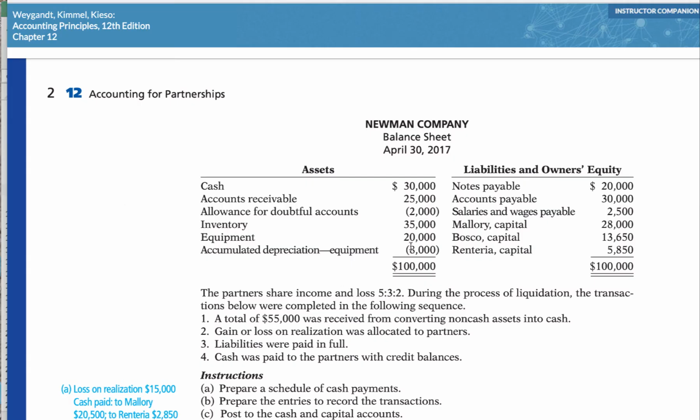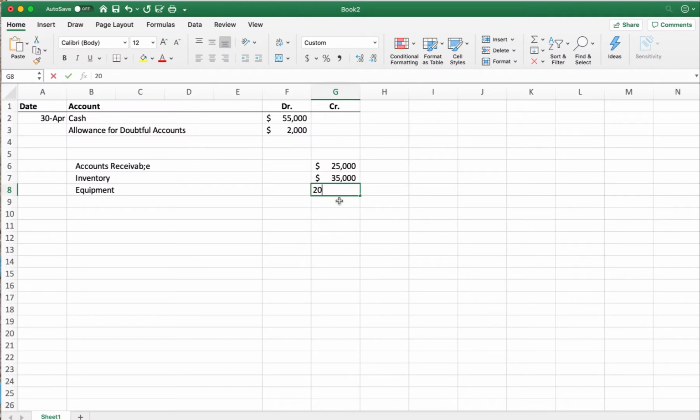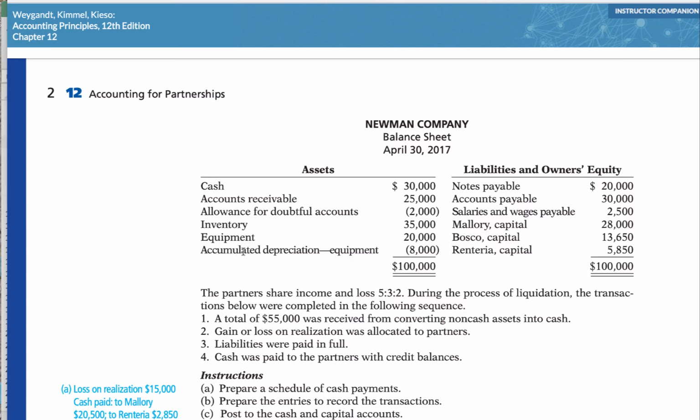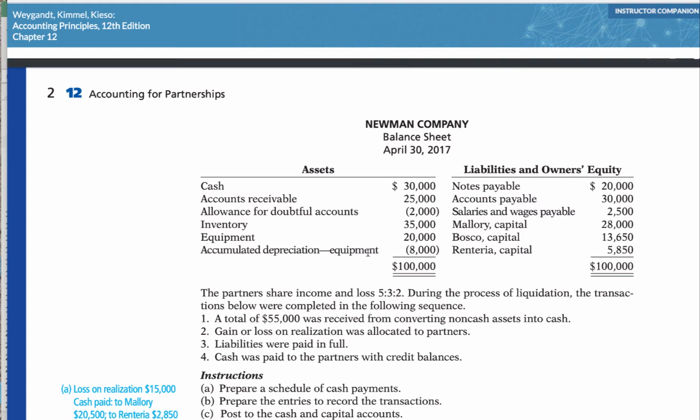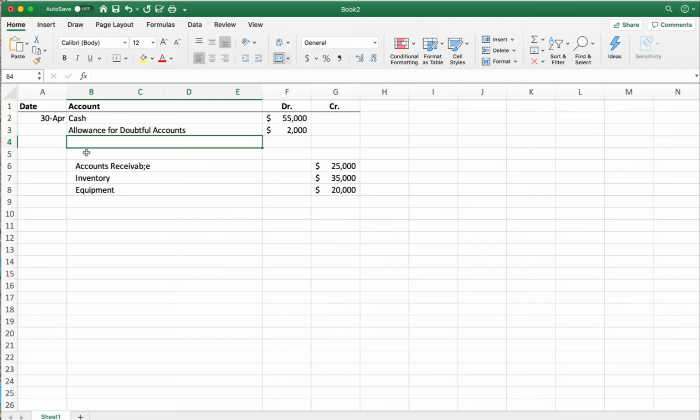For the amount it's on the books for, which is $20,000. Okay? That equipment that's on the books has accumulated depreciation associated with it. Well, we're getting the equipment off the books. We have to get the accumulated depreciation also off the books. So I'm going to debit accumulated depreciation for the